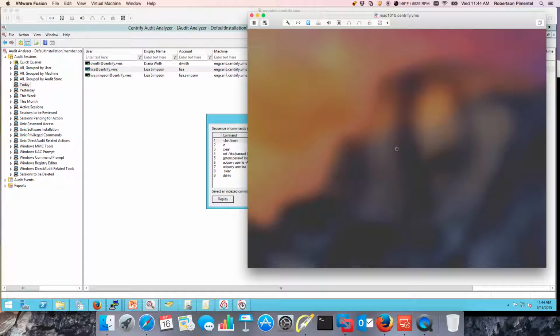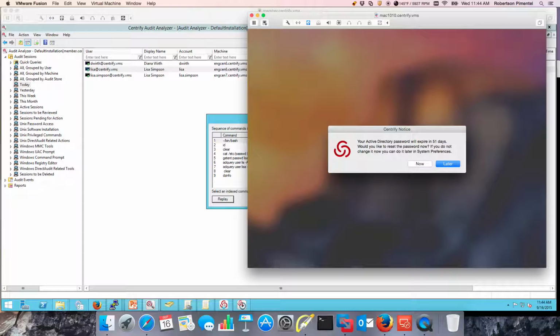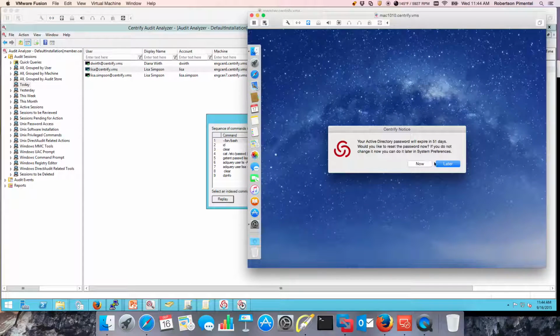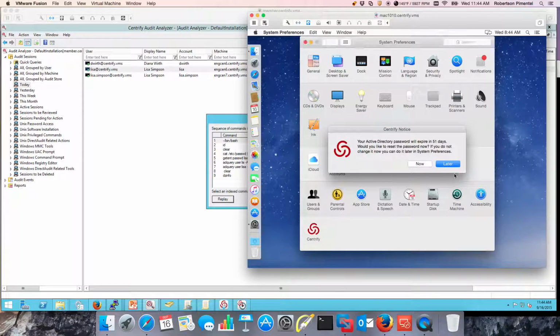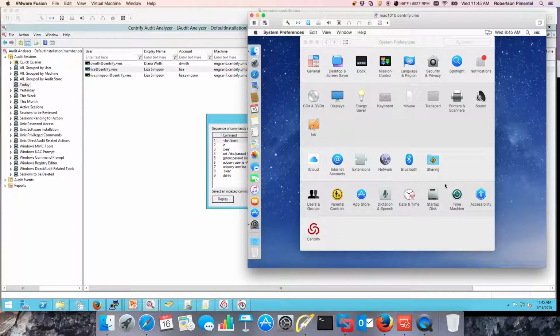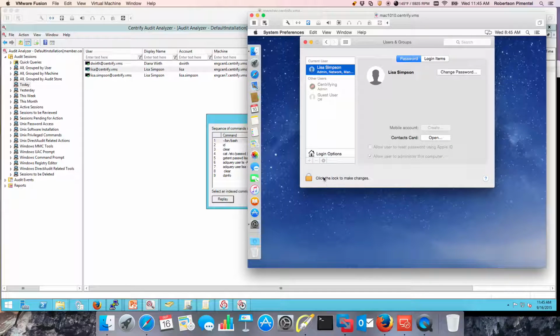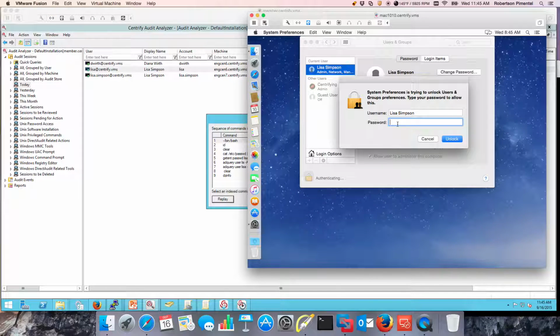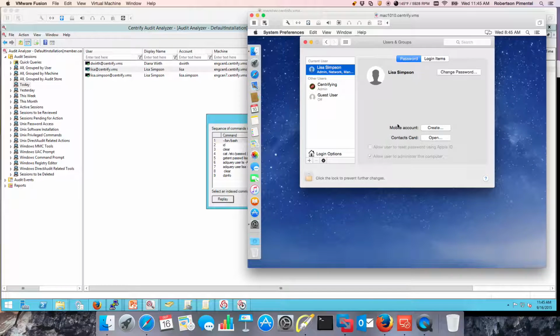So from a Mac perspective, what a lot of organizations want to do is they want to notice that the message is consistent, right? So we're telling the user that her password is going to expire in 51 days. But consistency in management, right? There's great tools out there like Casper, if you wanted to consolidate management for certain aspects, get the great AD integration, but let's just say you wanted to eliminate having like a local account that is well known, you can use a simple GPO that is going to allow the user to open the padlock, for example, in system preferences with her AD credential, no problem, by way of AD group membership. So very consistent